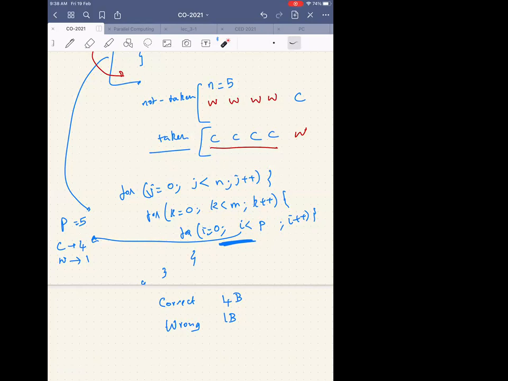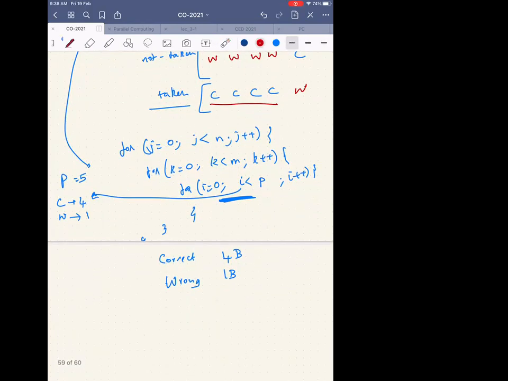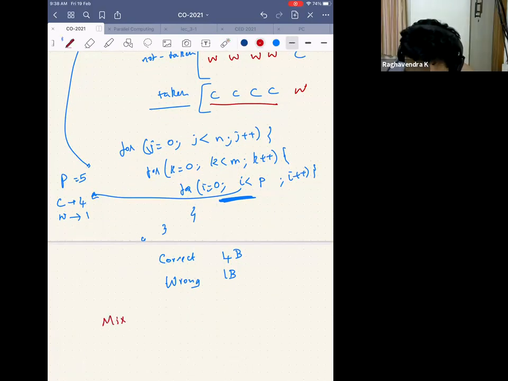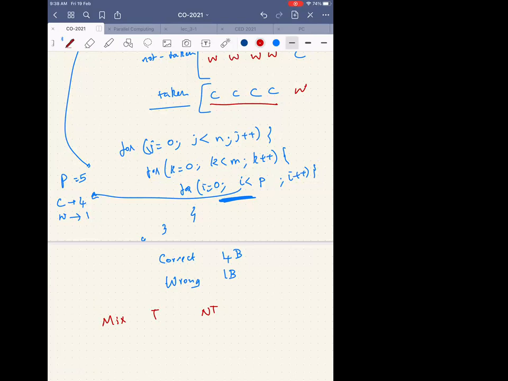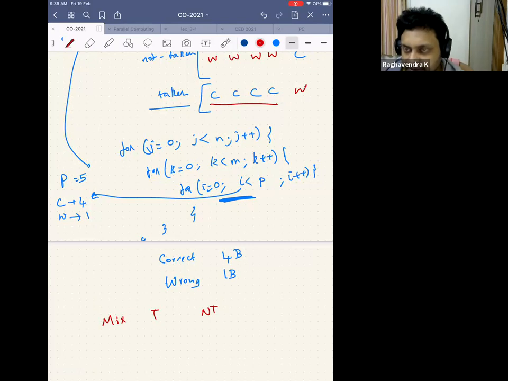But how do I mix taken and not taken? Somebody told me I want to mix taken, not taken branch predictor. I should mix it in such a way that, okay, just a second. Duplicating the IF hardware? No, let's say I can't duplicate the IF, because generally in complex pipeline stages it is possible at some instances, maybe not possible at others. As I said, this is a very complex topic, but let's go one after the other.